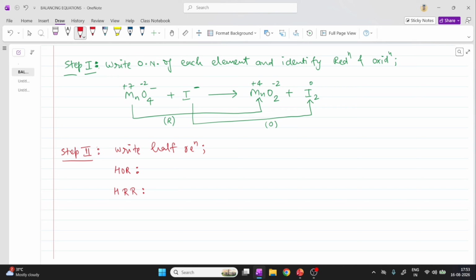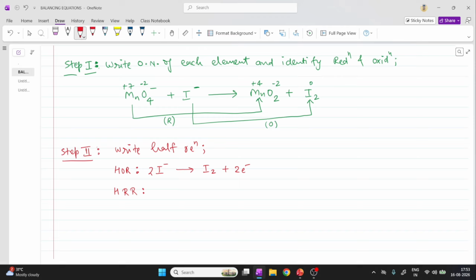Now which part is undergoing oxidation? It is iodine which is undergoing oxidation. For iodine I will write it is moving from I minus and it is becoming I2. This side I have I2, this side only I, so I will write it as 2. Now we read that oxidation is the loss of electrons. So this is 2I minus, that means this side total charge is 2 minus, whereas it is 0. So it will release 2 electrons because it is oxidation.